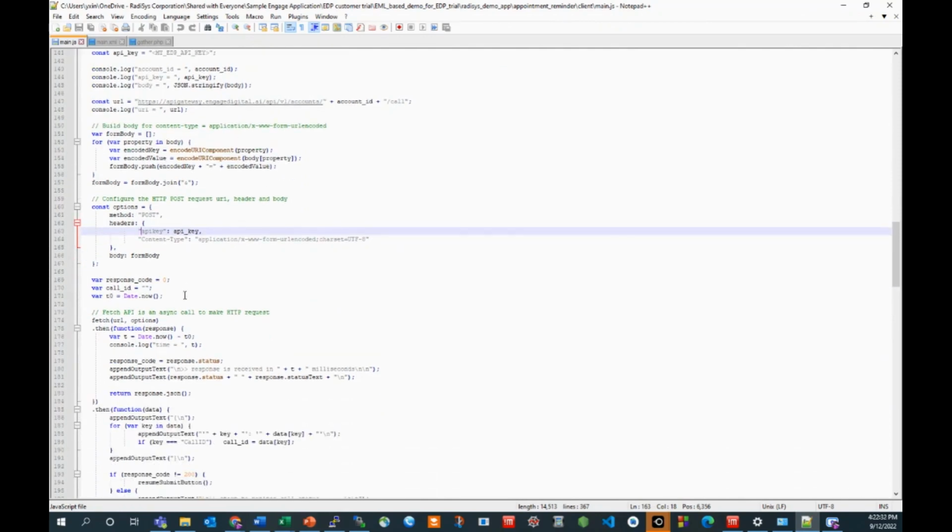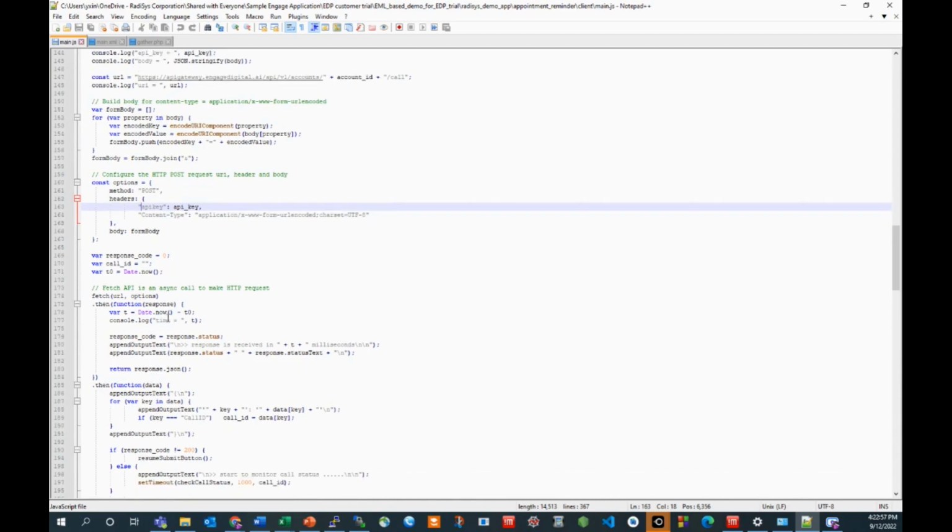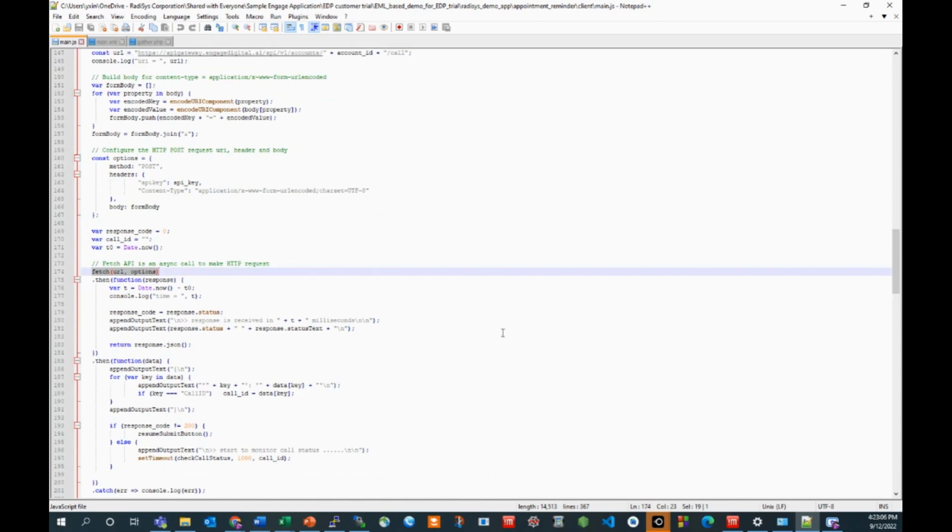Okay, and we also provide a server-side SDK, available in either JavaScript or PHP. And it's optional. You can choose to use our SDK, or you can build and send the HTTP request by yourself, because JavaScript itself also provides a very simple API to send the HTTP request. Okay,